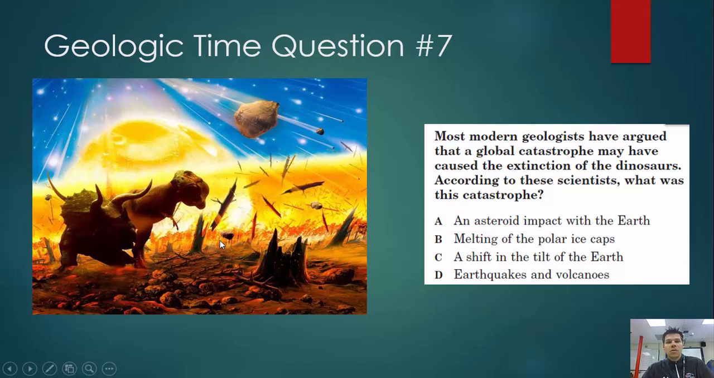dinosaurs. And our most accepted theory of the extinction of the dinosaurs was multiple asteroid impacts on the Earth, which really would have changed the climate and the landscape and basically everything about life on Earth. So our best answer here is A, an asteroid impact with the Earth. All these other things may have happened and they may have contributed, but A is our best answer,